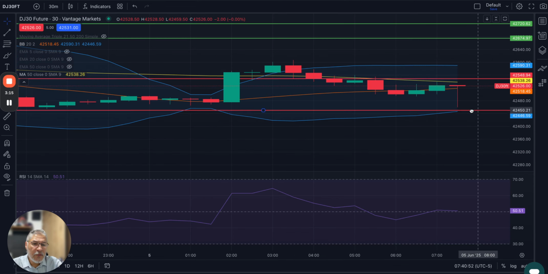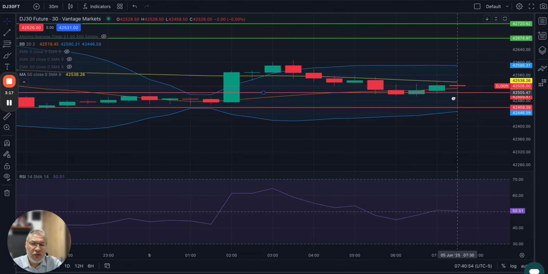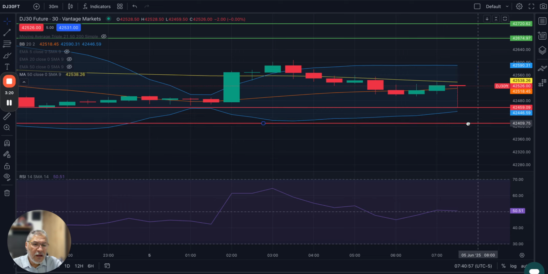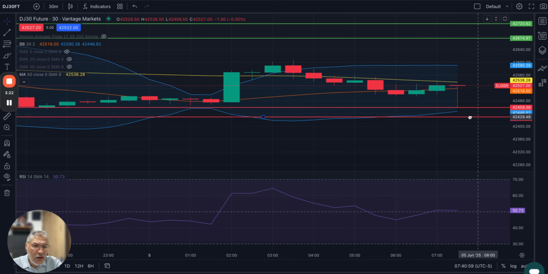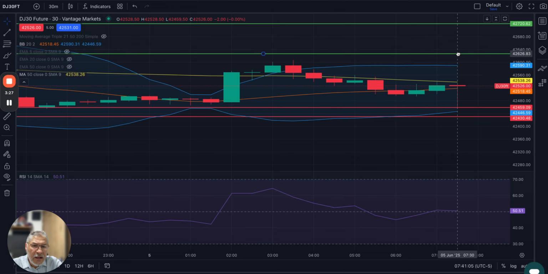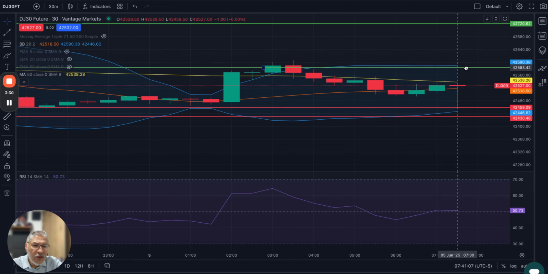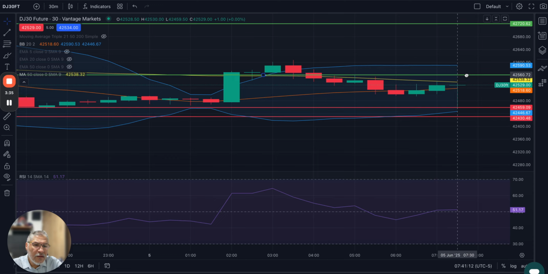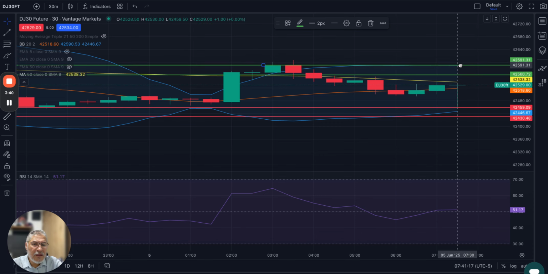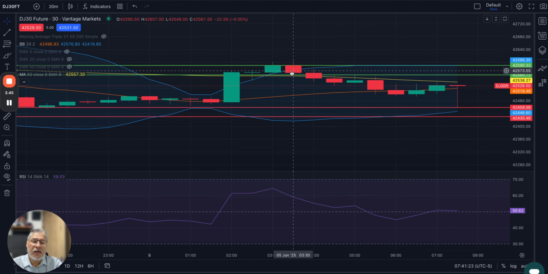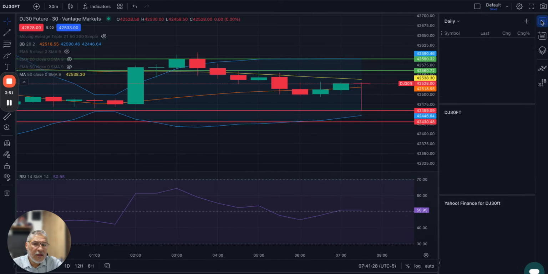Then we have the Dow. It's more of a red, if you will, so let's just use that in this half hour. I'm going to use 42,430, and then as resistance goes, that's way too high. Let's just use this level and the upper boundary band, which coincides with the double top with the candles. So we have those levels.